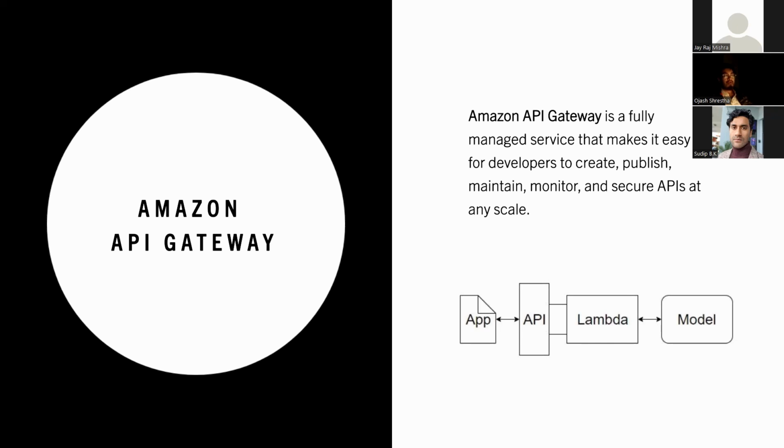So as you see, you've got an app, for example, with a browser, and there's a part where you send your review, right? That review would go to the API Gateway, and that API Gateway will trigger the Amazon Lambda function, because it's serverless and just works on triggers. So you set your trigger for your Amazon Lambda from the API Gateway, and then the Lambda service will use your model to give the output back to the API, and that will give you the result for whatever machine learning output you've been asking for.